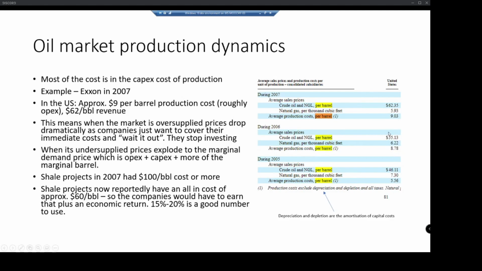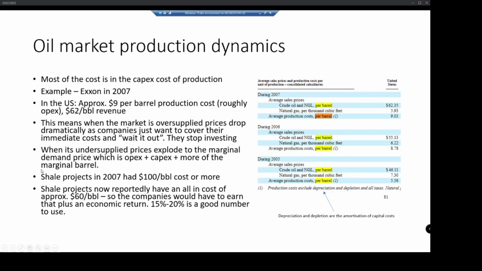Although, that's still an increase, but the price of a barrel of oil was $60 a barrel, $40 a barrel. So they're able to produce it really cheaply on an operating basis. But if they have to go and build a new project, they'll be paying $60, $70 a barrel to set up that project initially, to drill the well, to put in the platform, to put in the processing plants, all these sort of things.